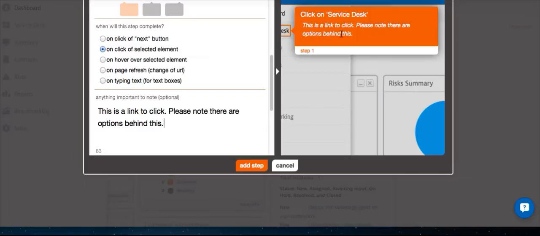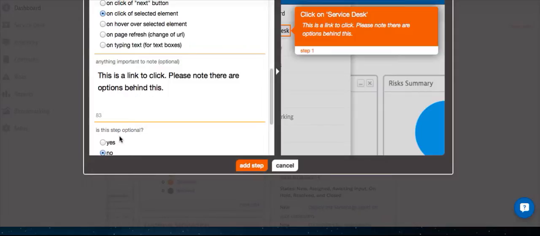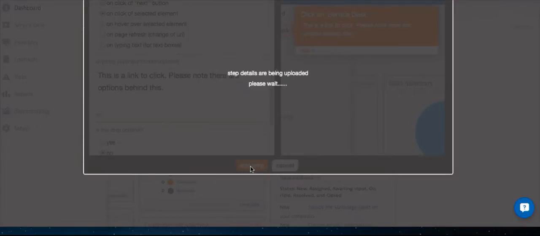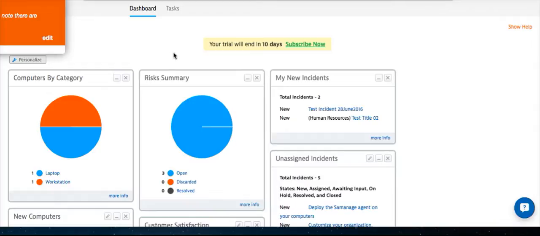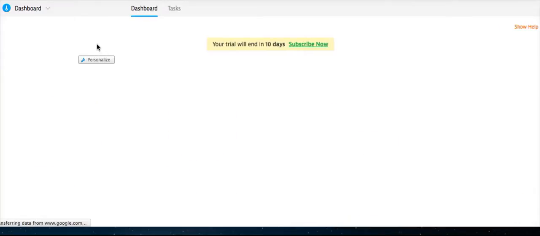It's actually got the note in italics right there, and then you can also say, is this step optional, yes or no? Okay, so in this case it's not, because it's quite a key step. Okay, so we'll add the step just like that. There you go, all done. So as you can see, it disappears, right? So what I can do now, just go to dashboard again, get rid of that,